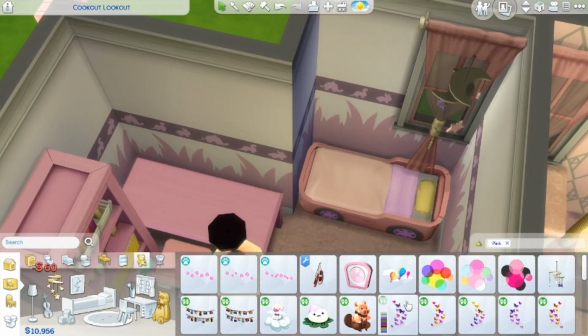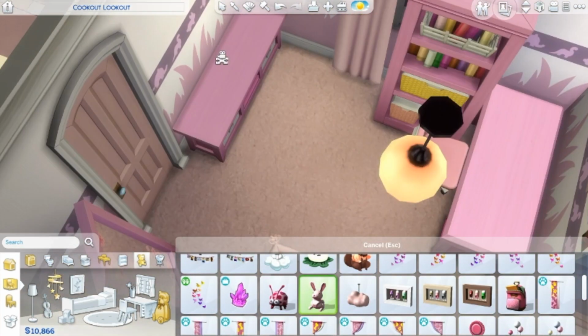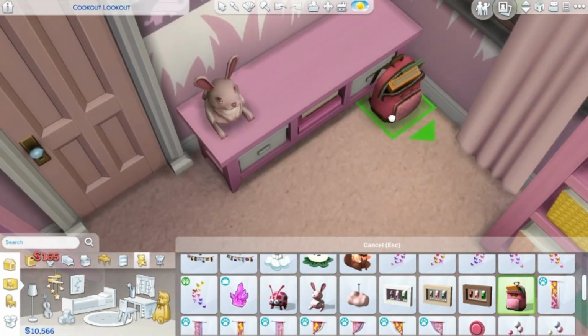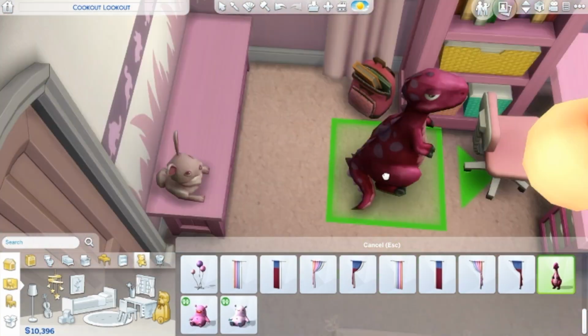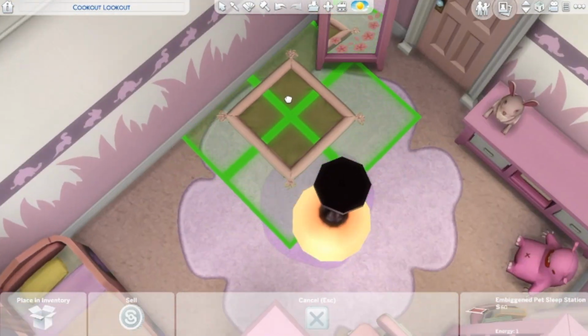So this is the toddler's room now. I love this room. It doesn't really make sense because I put trophies and awards and stuff around, and that doesn't really make sense because, you know, it's a toddler. So yeah,